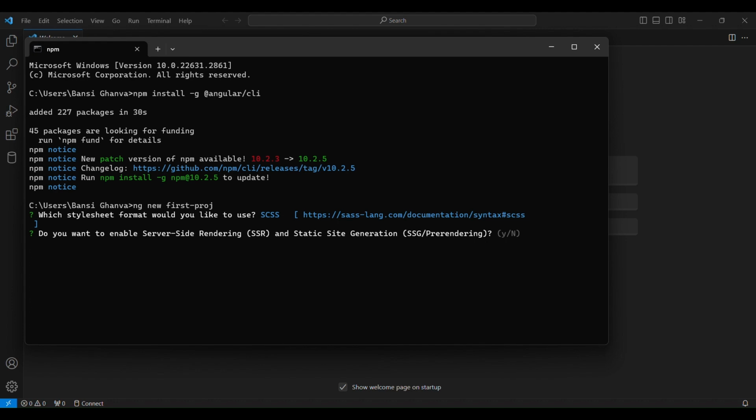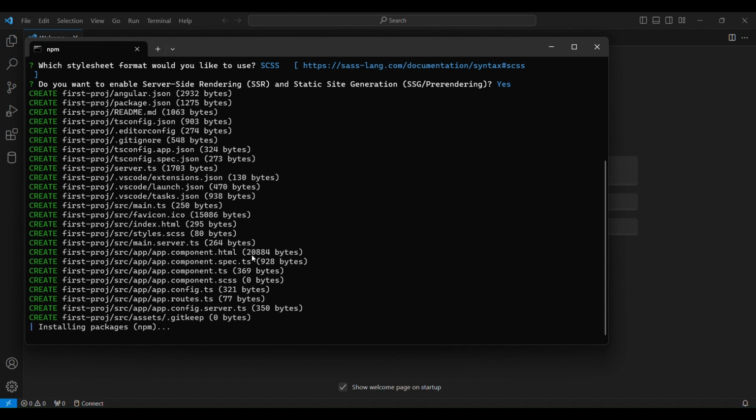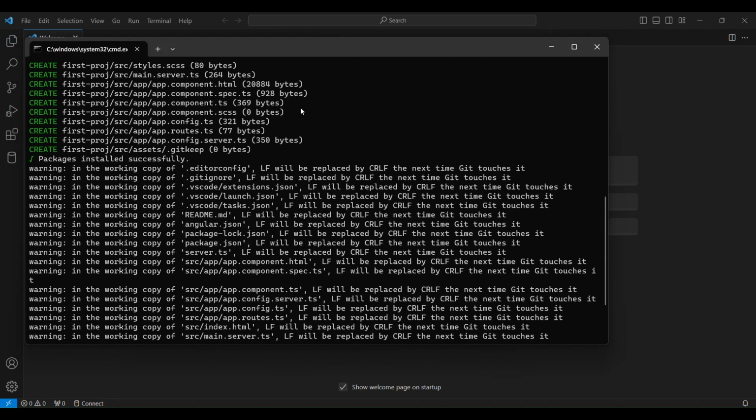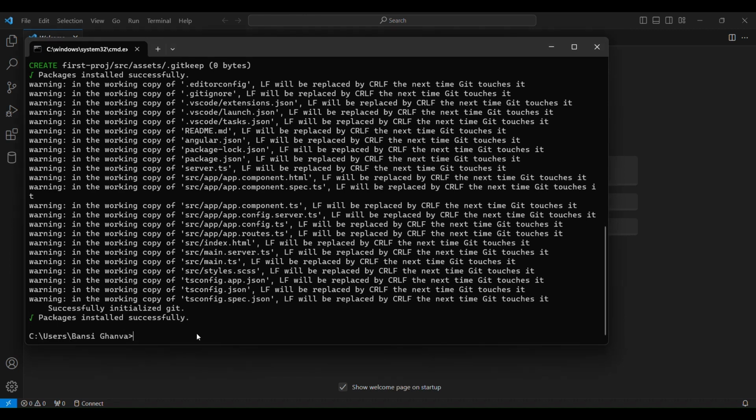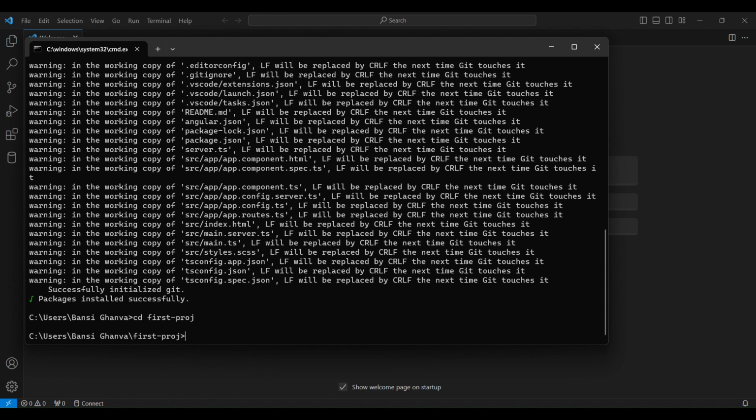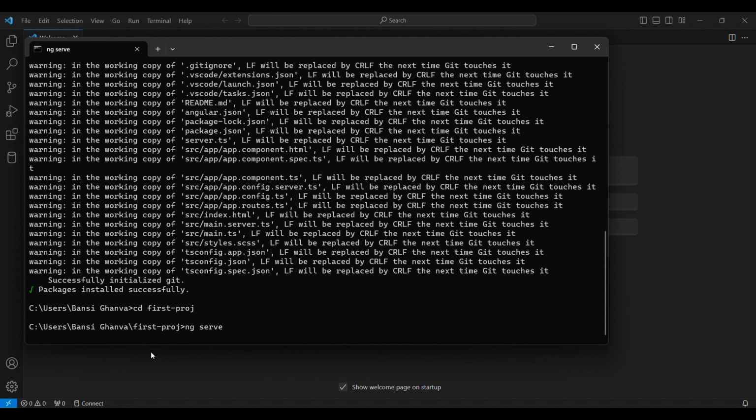If you want to enable server side rendering, yes, and this will install all the packages that are required for your project. Okay, so you have successfully installed all the packages that were required. Now you have to move into the directory where you created this project. Then you have to run this command ng serve so that you can run this project.